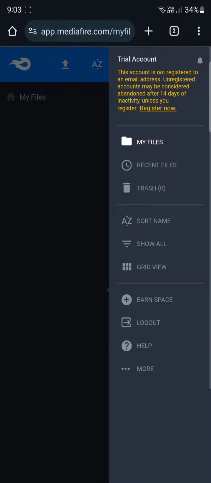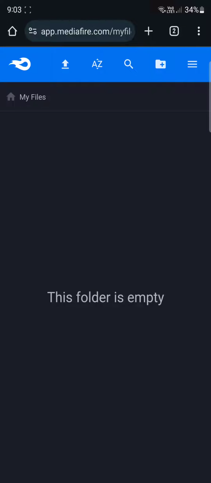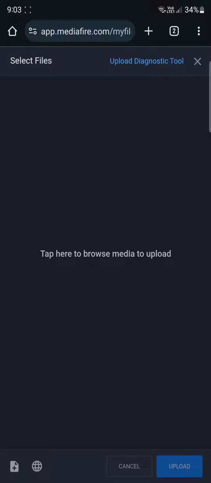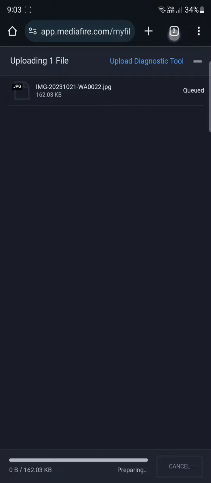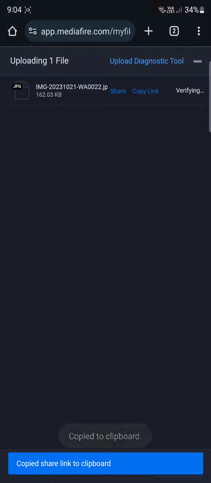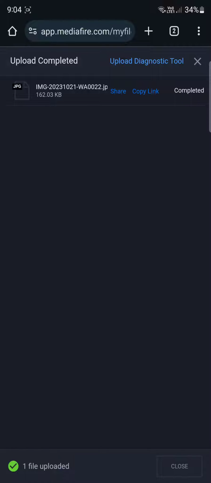Okay, now after you select whatever file you want to upload, I'm going to click on Upload File, then tap to Browse Media. So let's say this is your video. After it loads, you're going to click on Copy Link, and from Copy Link, you're going to send it to your Google account. You're going to save it, or basically you can send it through WhatsApp or something,